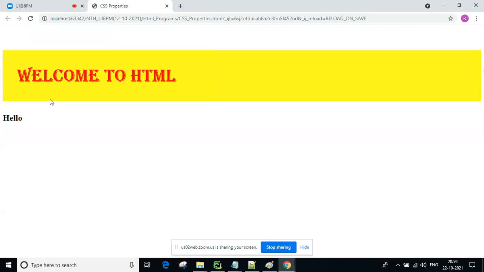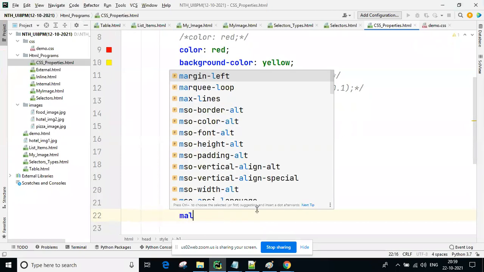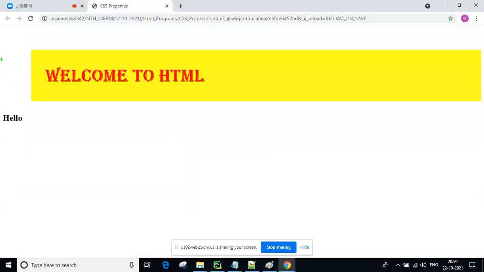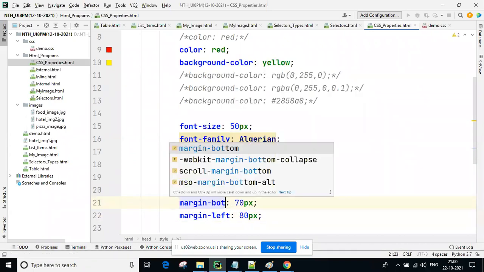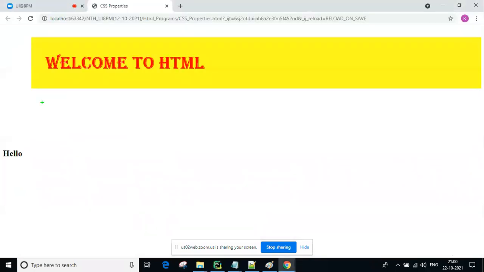Now come on, all of you following? Top side I want and left side I want. So margin left, you can take 80 pixel. Now see, left side also you're getting space. That is your wish, guys. Whatever the style, whichever side you want space, you can take it. Now I don't want the top, I want the bottom, guys. When you are doing the testing, you can do 170. See here, the bottom side has a 170 pixel gap. I'm taking more gap.